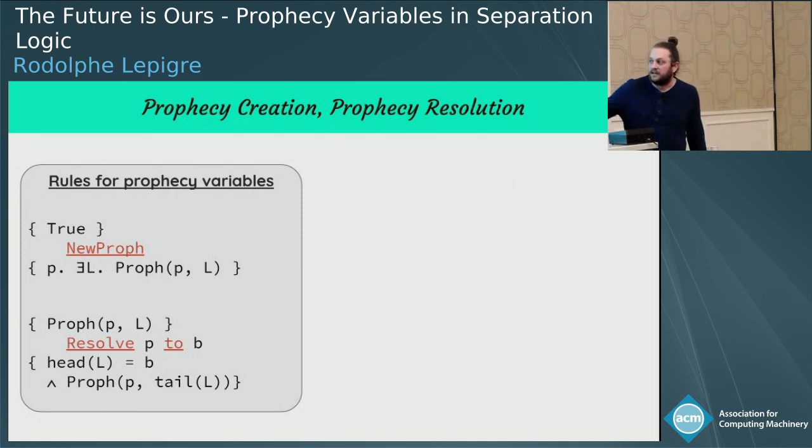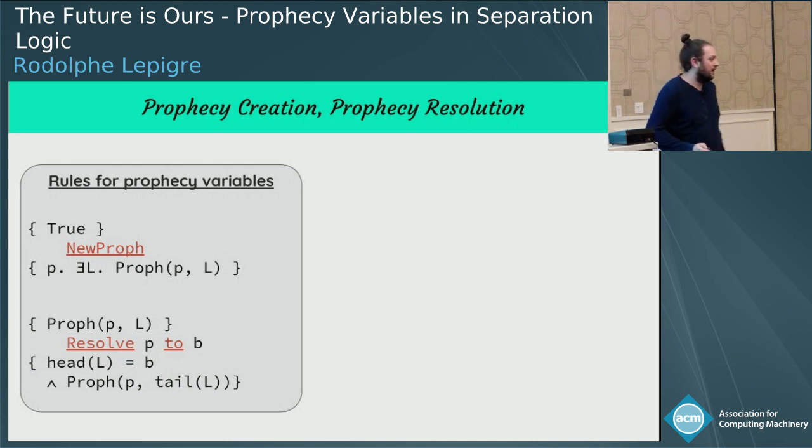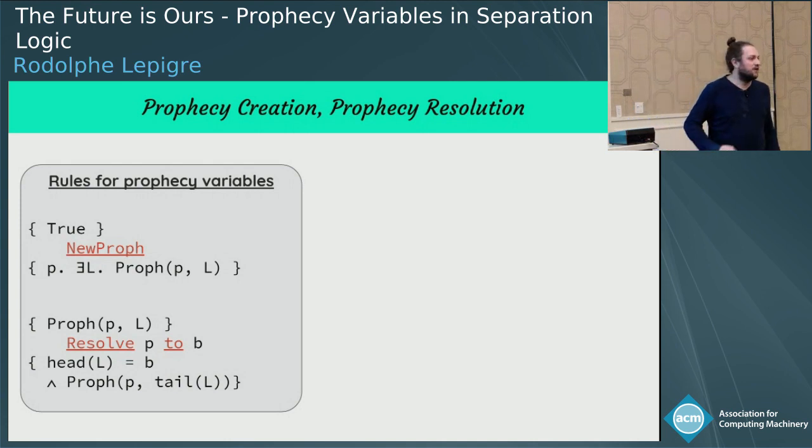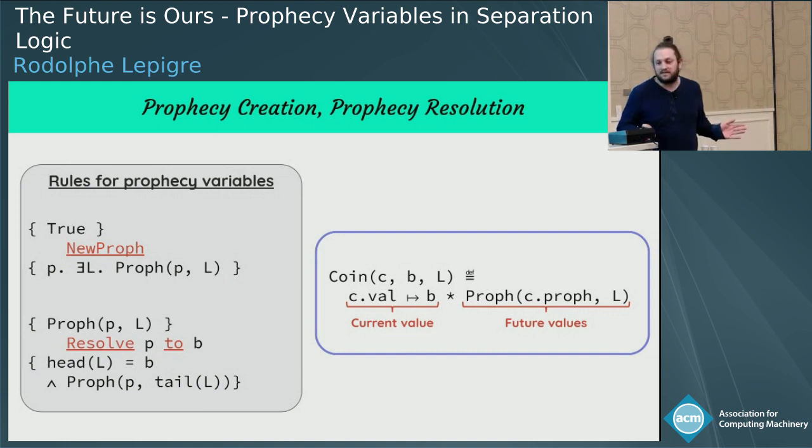And here, again, as for the coin thing I told you about earlier, implicitly, we learned that the list could not have been empty because it should have a tail and a head. And we also learned that the first prediction came true with this equality between the head of the list and the Boolean B we resolved with. And so using these rules, proving our specification for coins is actually very easy. What you do is you define the coin assertion this way, and then everything comes together very nicely.